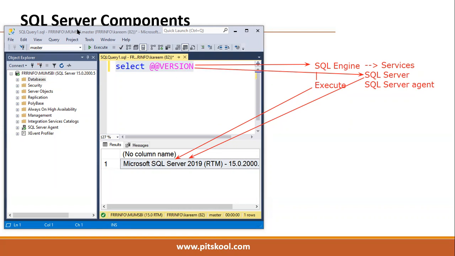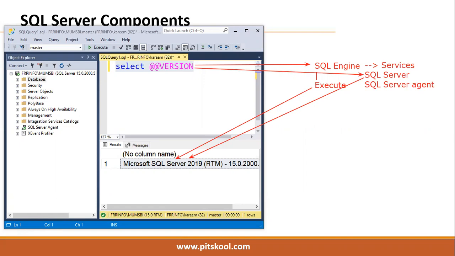I already said SSMS is like a browser. I will open Firefox, connect to Gmail, and start working. If I close Firefox in my laptop, it does not mean that the Gmail server is down. Understood, right? That is the reason we have to understand here. SSMS is just a tool through which the request is submitted to the server.